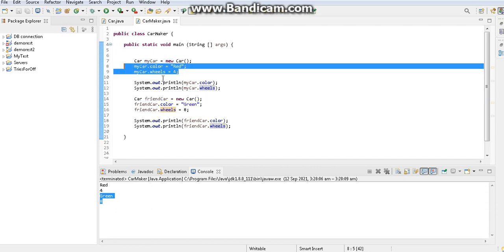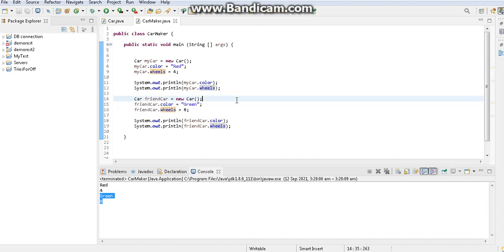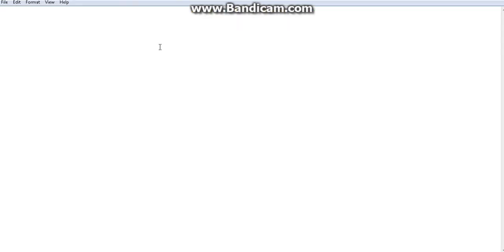Got it? Now we will see another scenario, because I already said a class can contain two things. Features, that means color, number of wheels, and so on. They are called attributes, defined using variables. We have seen the color and the numbers.